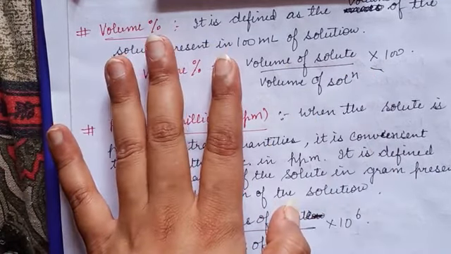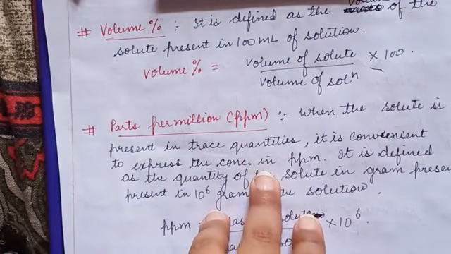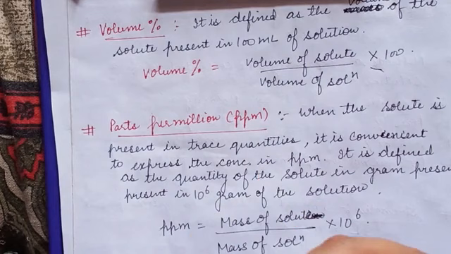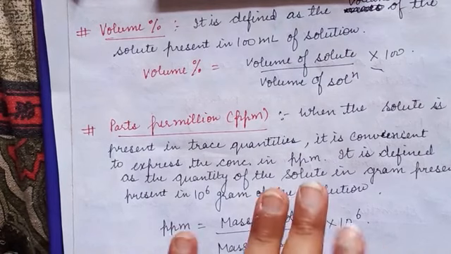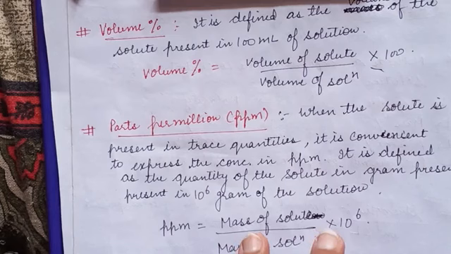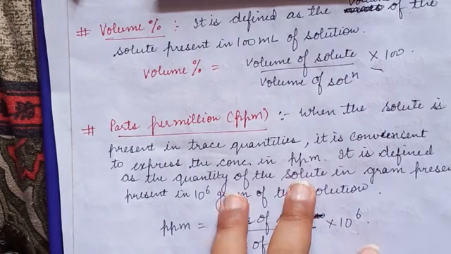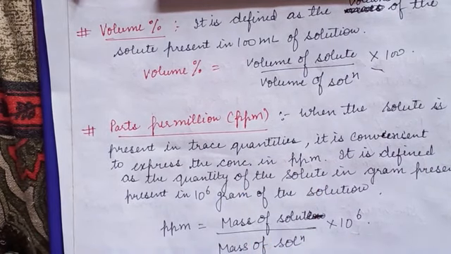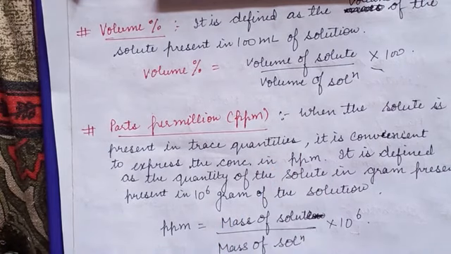Now see, why are we taking everything in the form of solution? Because we know that most chemical reactions in the laboratory are carried out in the form of solution. So when we carry out reactions in the laboratory, we always consider them in the form of solution. Then in solutions we need to know that this much milliliter of solute we are taking and this much concentration of solvent we are taking.